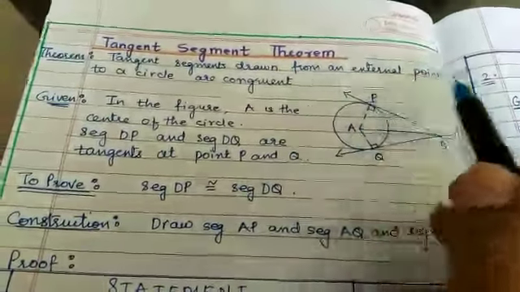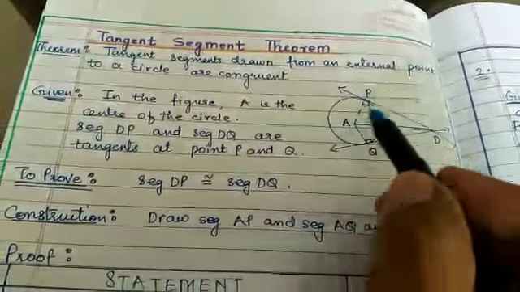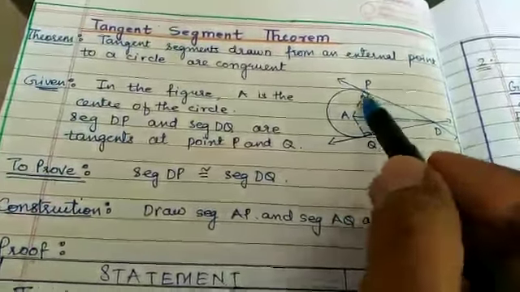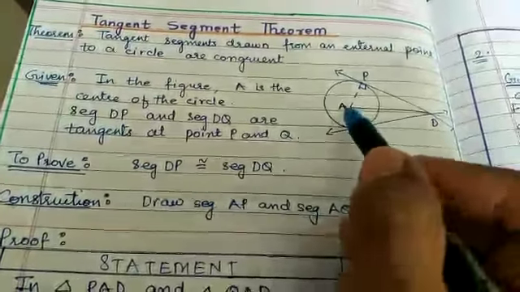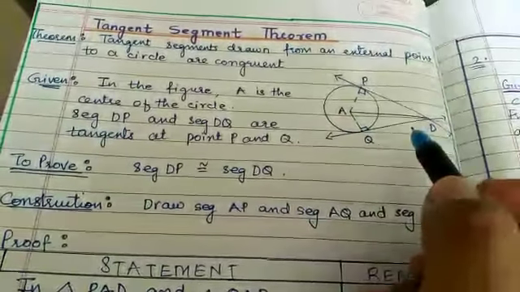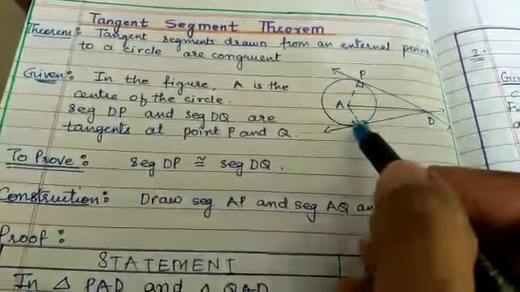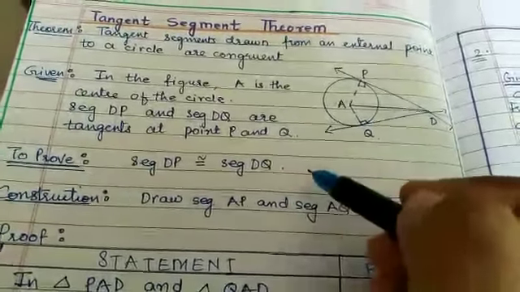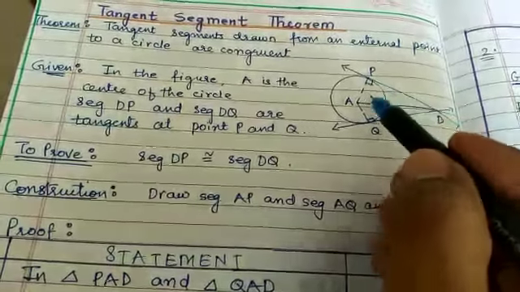तो और AP रेडियस है तो tangent will be perpendicular to the radius. तो tangent is perpendicular to radius, so we can say that ये 90 डिग्री बन जाएगा। और यहाँ पर DQ टेंजेंट है और AQ रेडियस है। टेंजेंट थ्योरम कहता है tangent is perpendicular to the radius, तो यहाँ पे भी 90 डिग्री बन जाएगा। Now ये दोनों राइट एंगल ट्राइंगल्स है। कौन से ट्राइंगल्स है स्टूडेंट्स? राइट एंगल ट्राइंगल्स।